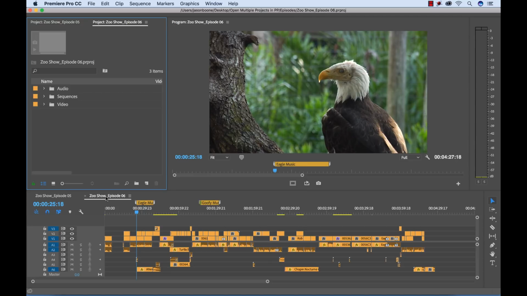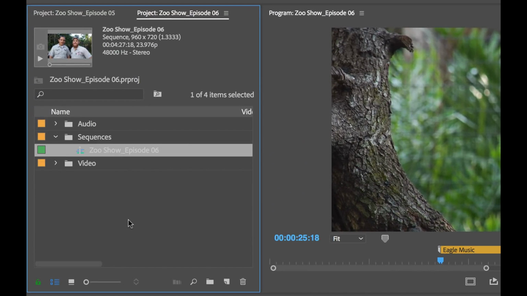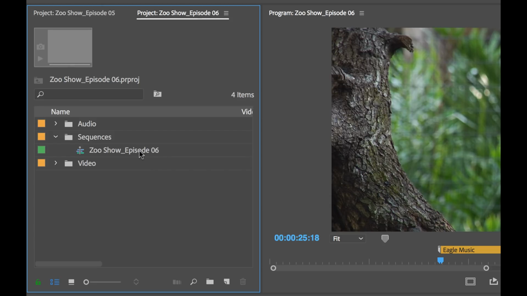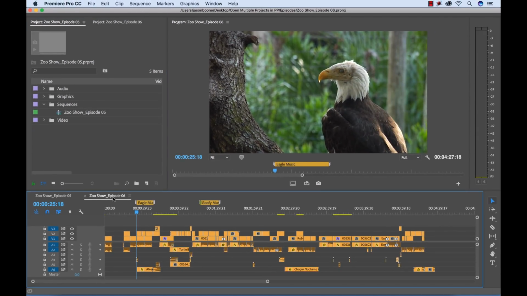Also, I have these two different timelines here, or these two different sequences. I have episode 6 and episode 5. If we look at our sequences in each project, that's because I only have one sequence in each project. So the same goes for this. If we have a certain particular timeline highlighted, it's going to show you that in the title here,